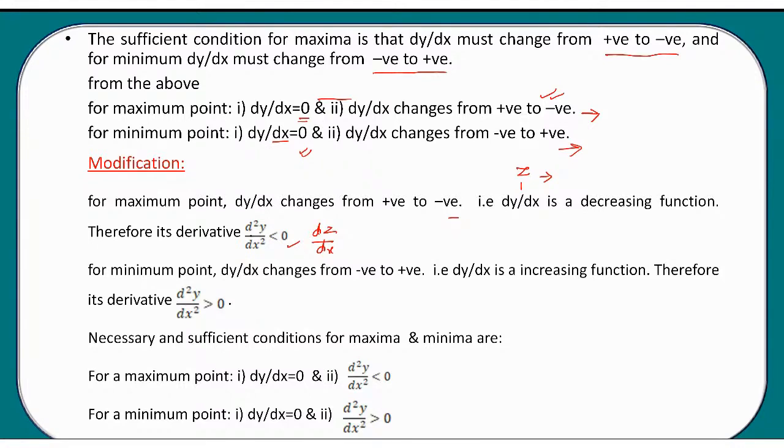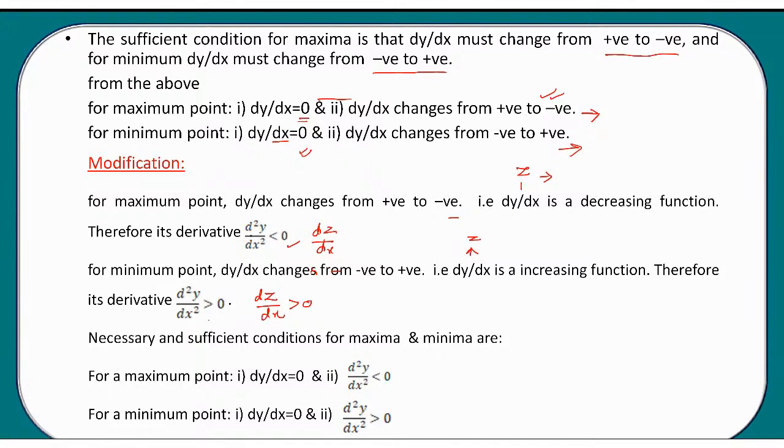Similarly, for a minimum point, dy by dx changes from negative to positive. That means dy by dx is an increasing function. When you consider dy by dx as another function z, this z is an increasing function. For an increasing function, its derivative must be positive. So what is the derivative of z? The derivative of z is dz by dx, which must be greater than 0. dz by dx is nothing but the derivative of dy by dx, that is d square y by dx square,